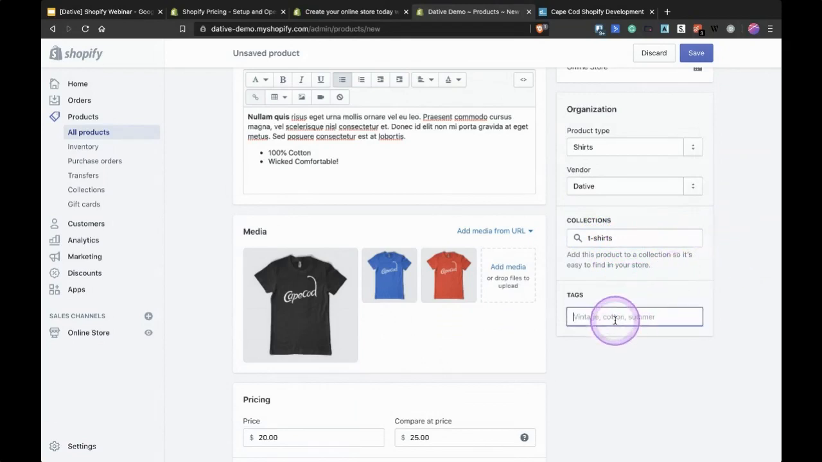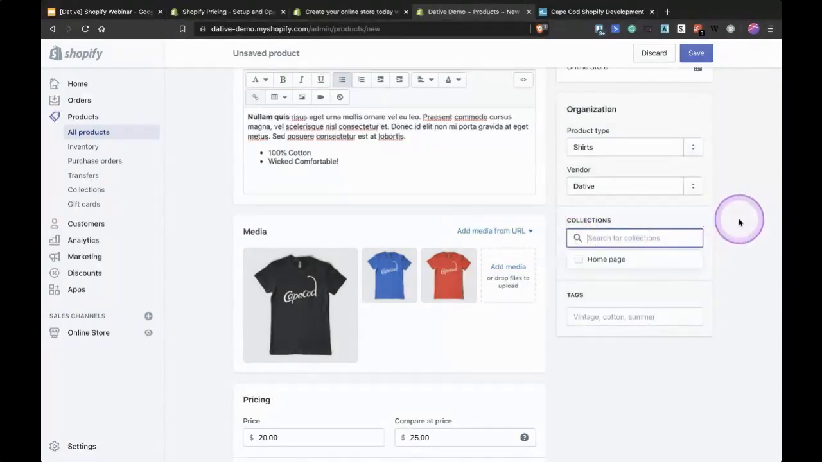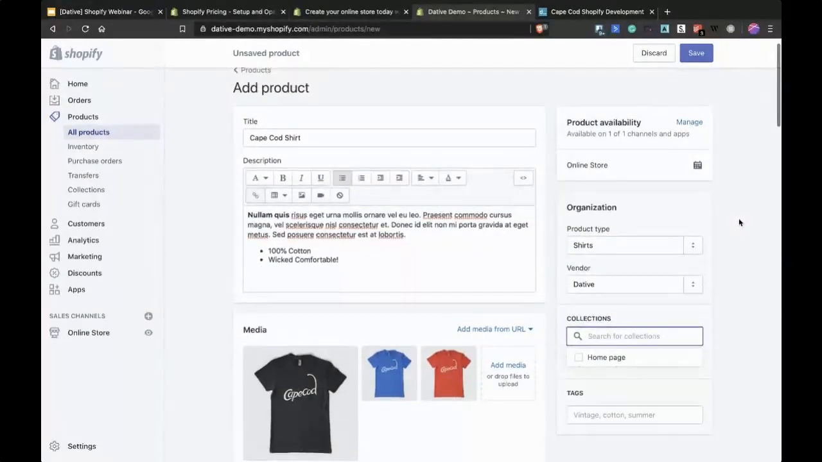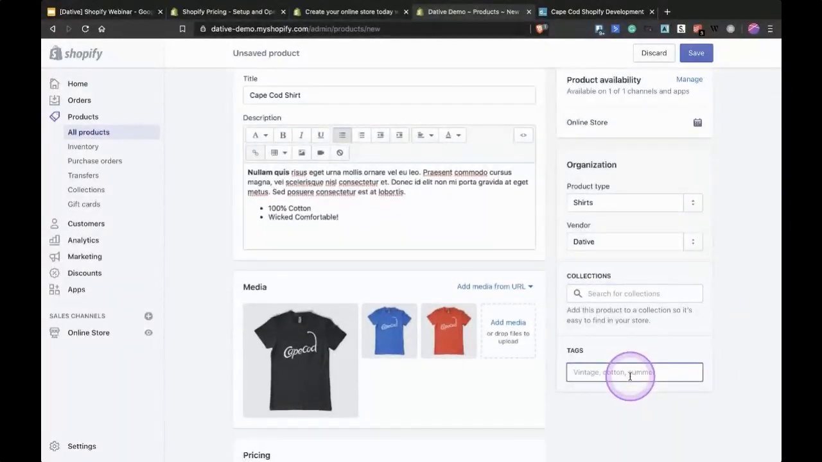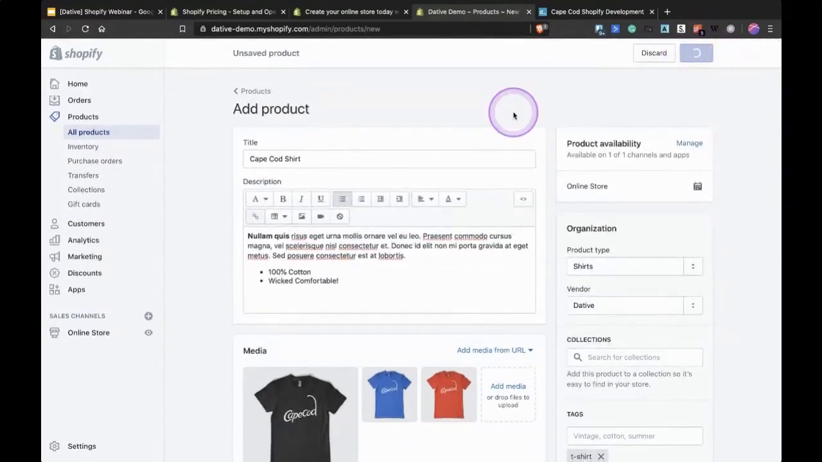And additionally, you can use tags. Some themes will have a way to filter down by tags. So on a sidebar, perhaps you can sort by color, by season, by other keywords and stuff like that. So I'm going to skip that for now, and I'm actually going to skip collections for now, because I'm going to show you another, better way to add these to different collections. So actually, I'm going to add a tag of t-shirt, because I'm going to use that to inform the collection. So I'm going to go ahead and save this, and